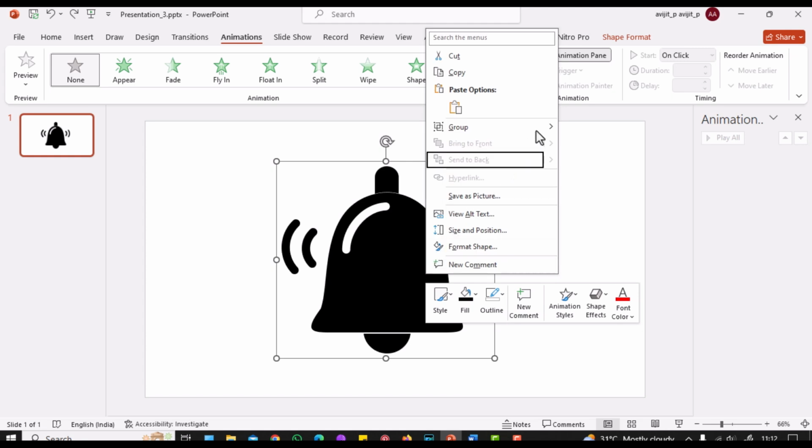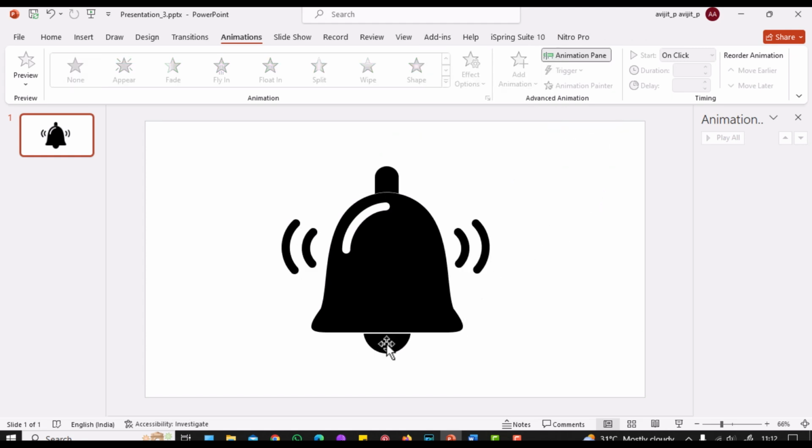Right click the whole set and click on ungroup to ungroup the parts. I want to move the dongle of the bell from left to right sideways. So select the dongle only and give it a line animation.